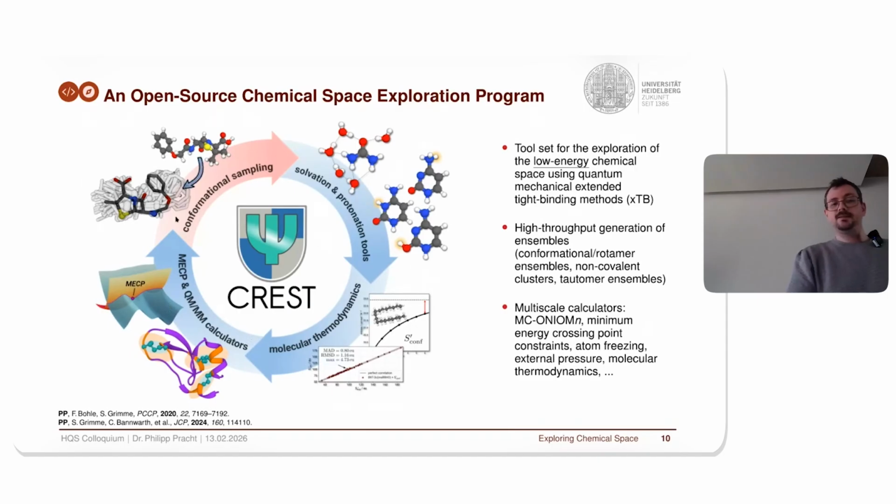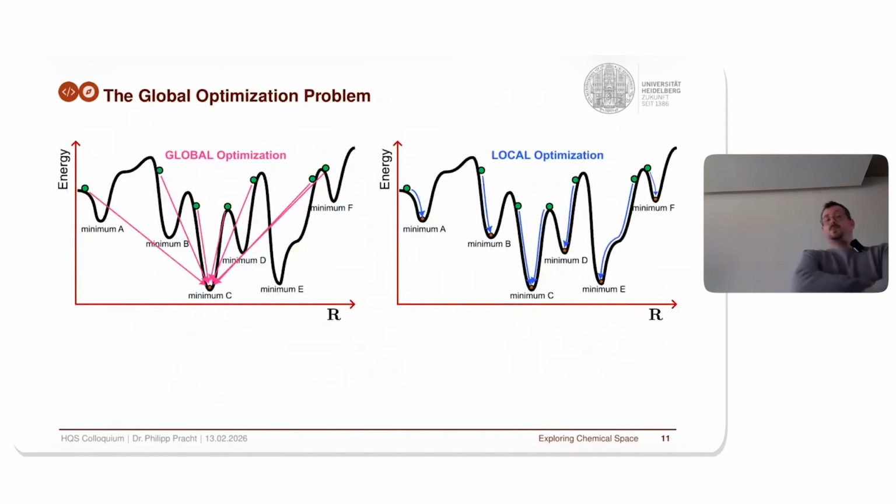Yeah, but as you can see here, the red part is still the focus of this program, and this is what I will address now in the following with the global optimization problem. The global optimization problem is essentially what you're trying to solve with conformational sampling. This is opposed to local optimization, where you are trying to find the closest minimum to your starting point. So if you are picking some structure from a database, it is in some geometry, so you have a set of coordinates. You want to find the minimum to do property predictions, and a typical geometry optimization leads from the